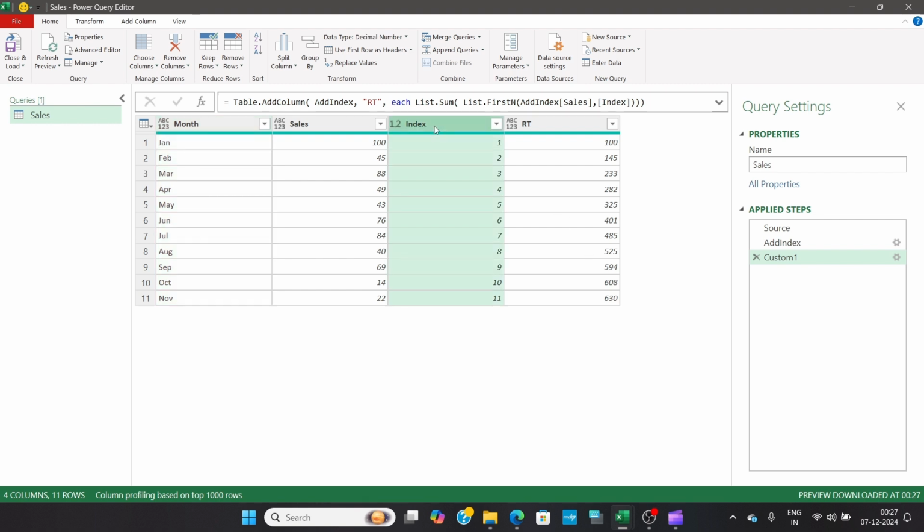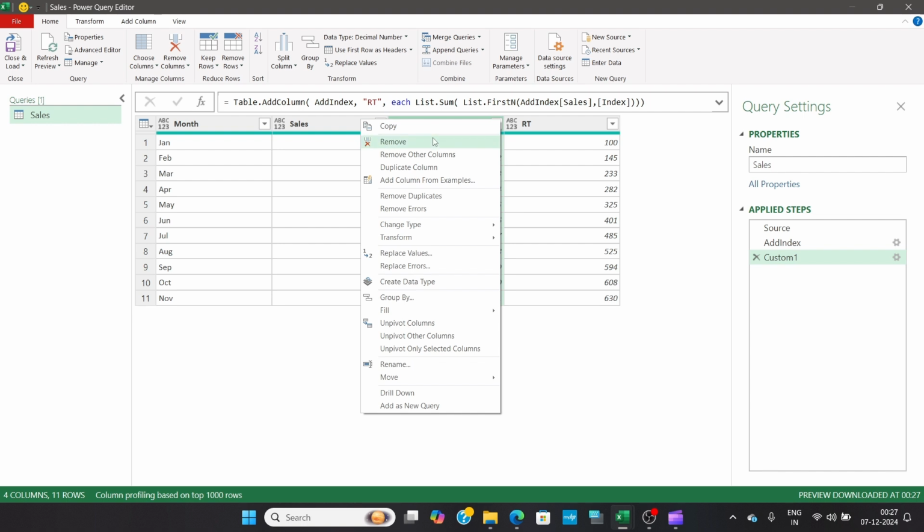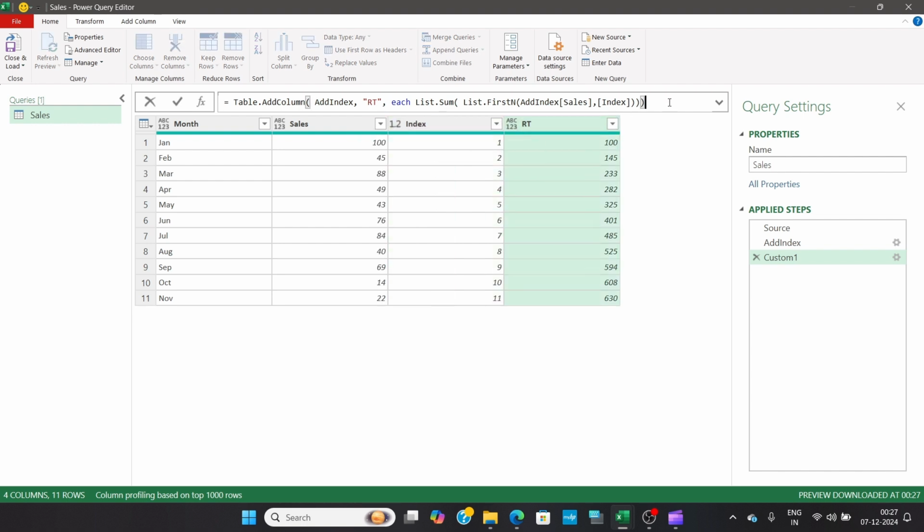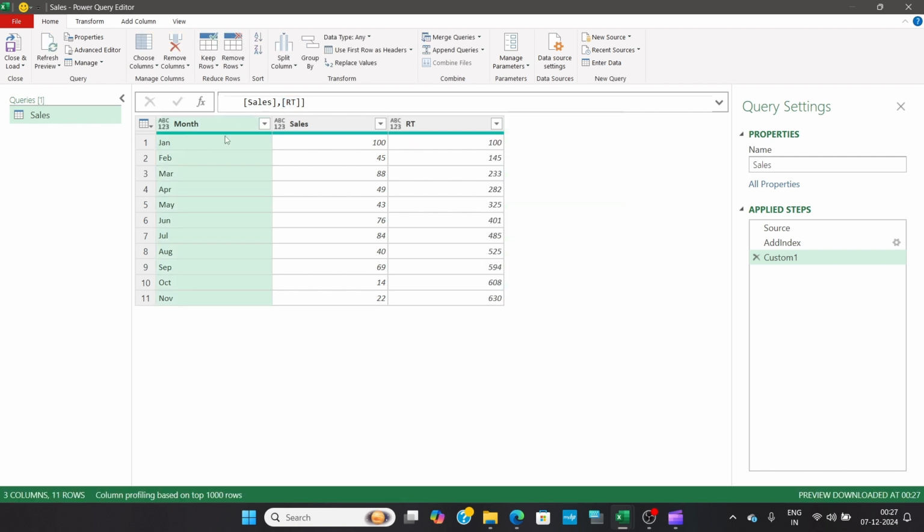Now the index column is not needed here, so we can right click and click on remove, or we can access only the required columns, so that there won't be any hard-coded column names here. To extract only the required columns, I will be using double square brackets here. I will be putting the name of the column which I need within the square brackets, Sales, then RT. Now click on this tick mark here. You can see only our required columns are there, and I will be renaming this step as